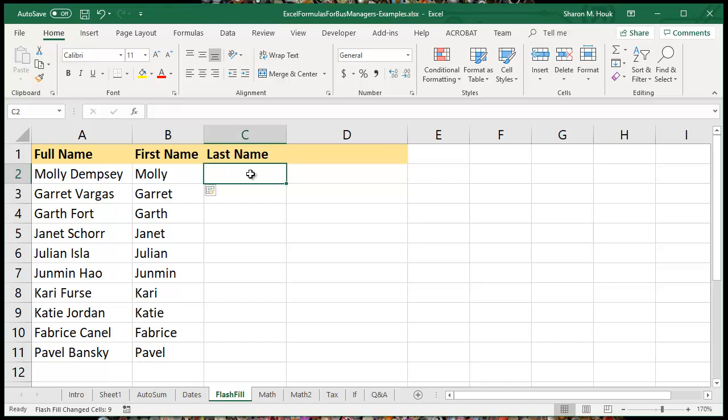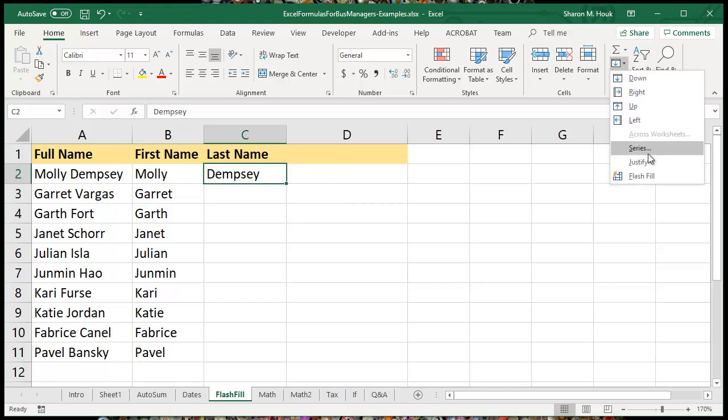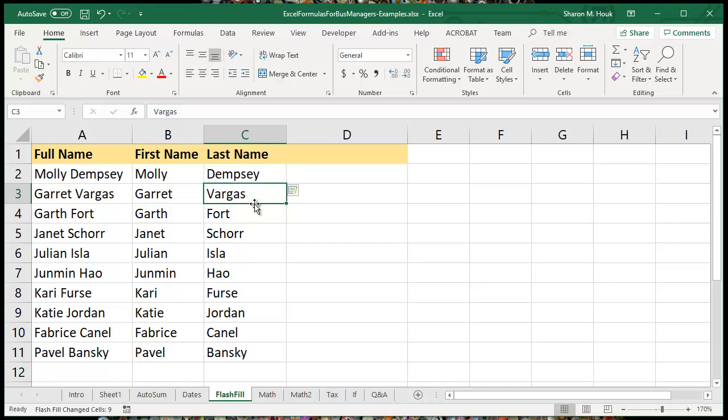I'm going to do the same thing with last name. Let's put in Dempsey and do a flash fill for that. And it isn't perfect, especially if the column you're working on as the original column has some anomalies, like some of them have middle initials and some don't and things like that. You still have to look through this, but Excel does an excellent job of filling in a column based on